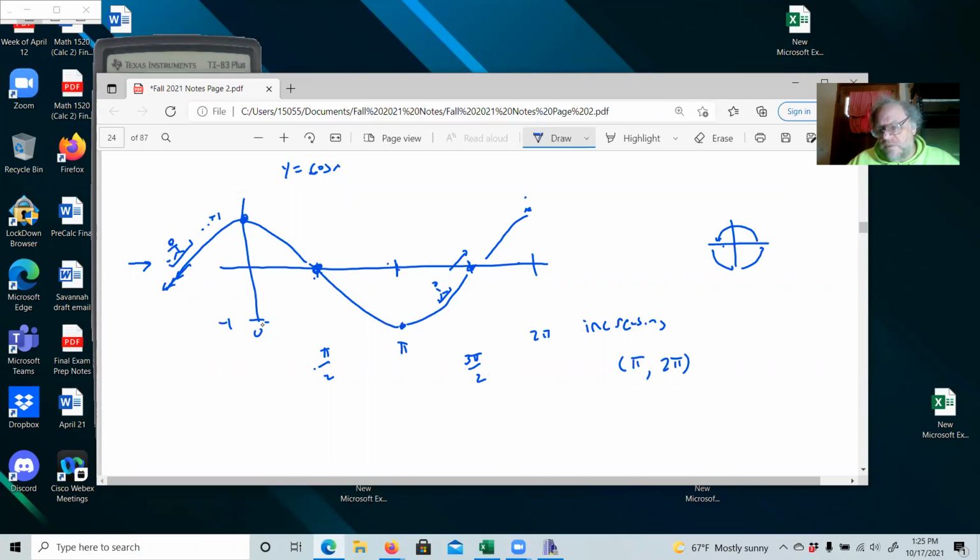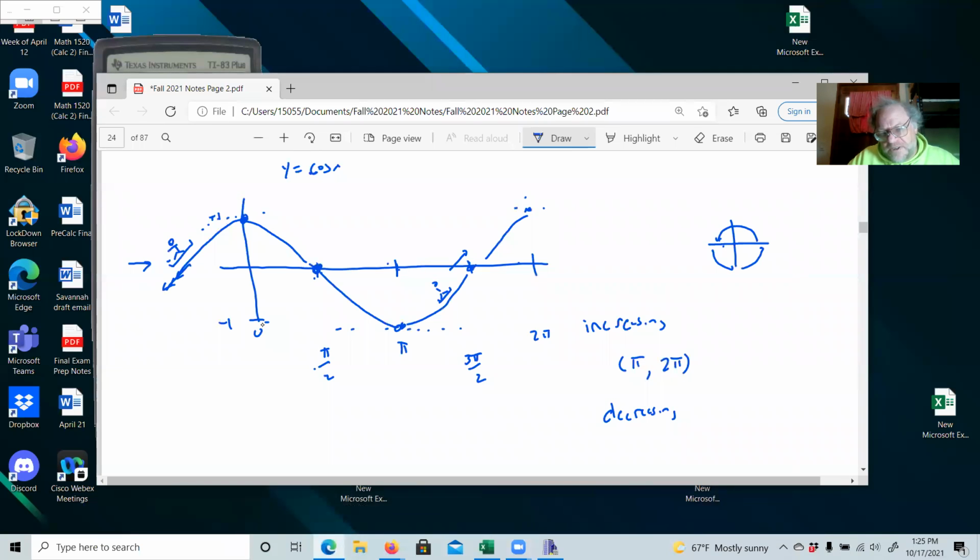One of the reasons they don't include the endpoints is because here it's kind of flat. And is that increasing or decreasing? We just don't want to make a decision. So we say we don't include the endpoints, the points where it's flat. Same thing right here, and same thing right here. So decreasing,